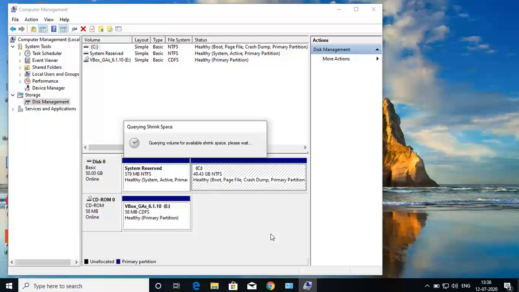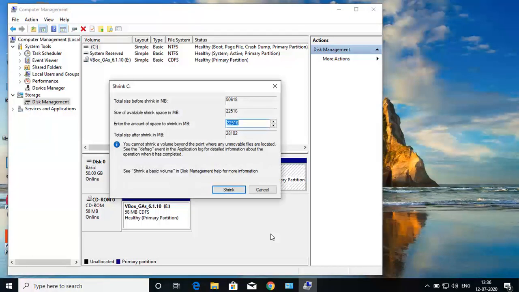It will take some time for querying the volume's data and space. Here you can see the total size of the C drive partition, and the size of the space available to shrink in MB. More than this we cannot shrink, so this is the maximum.